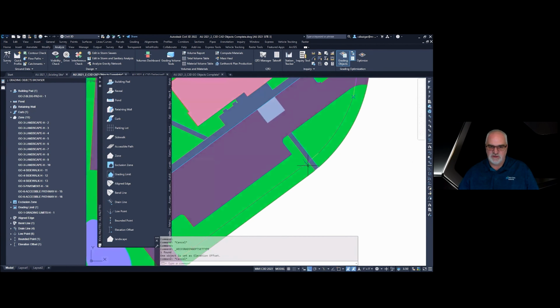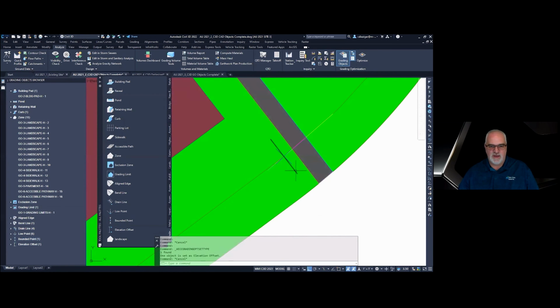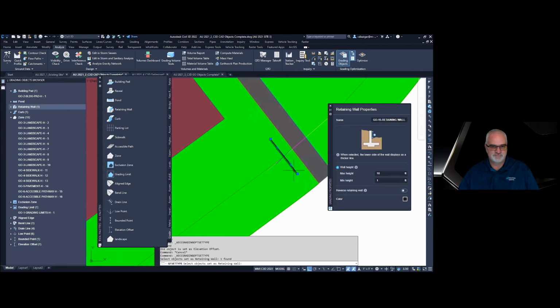I could do the same thing here. You have one of the new features with 2022.1. This wasn't available in 2022, but that is a retaining wall. Select a retaining wall.